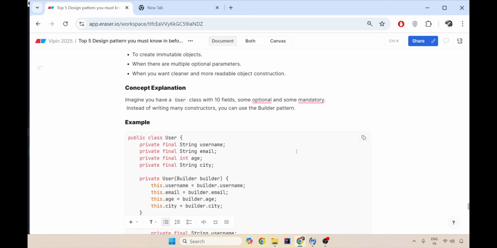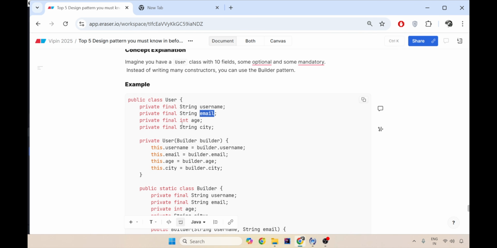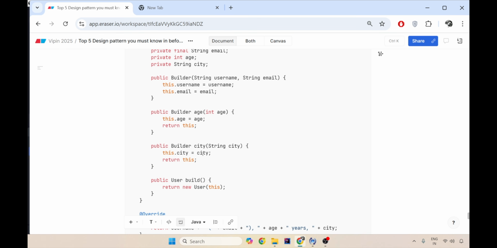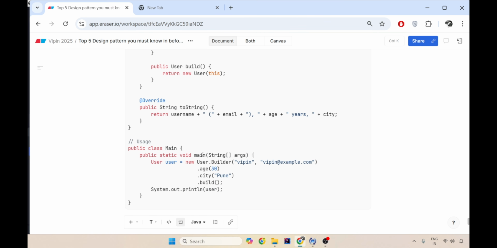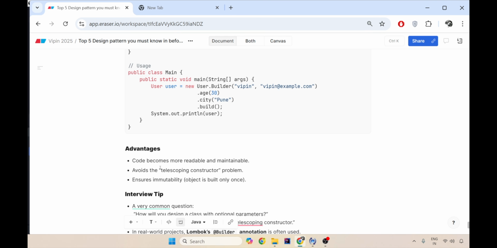fields. But what if the user does not want to add all this detail to a system and just wants the basic necessity: this is my address, you are an e-commerce system, this is my order, giving my name, please give me the order that I have given at my address. Then you don't have to explicitly ask the user to fill all these details. You can just get his username, his email ID, his order details, and the address. And then you can leave all the other fields as they are. Just create a builder pattern like this and send only the requested details at the back end and create an object of that. So code becomes much more readable and maintainable.